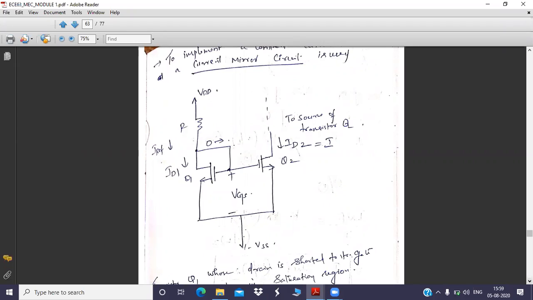So for that only we are using a current mirror circuit. That is known as current mirror. What do you mean by current mirror? In the current mirror circuit, we are going to maintain a load current I, which will be equal to a reference current IREF. Always the load current will be the same as that of the reference current. So initially I will be maintaining a reference current, and that reference current will be the same as that of the load current. So how are we maintaining the reference current?